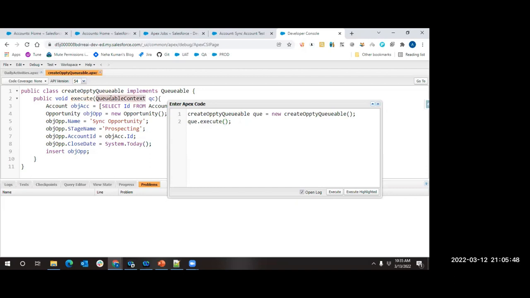It is of type QueueableContext. Now I don't even know what QueueableContext is all about. What parameter should I pass? At this point we have to realize that QueueableContext is not something which you are creating. QueueableContext is something which the system created in order to understand what the job is and what activities are to be done. It is purely for the system's understanding, for making our life easy. This is not the syntax that you use to invoke a queueable job. Then what is the syntax? The syntax.